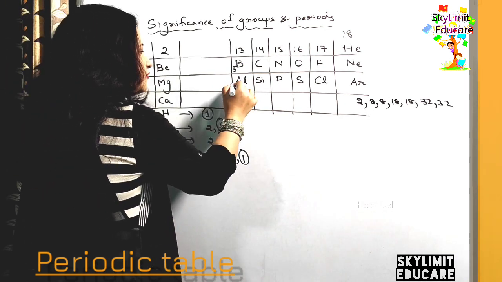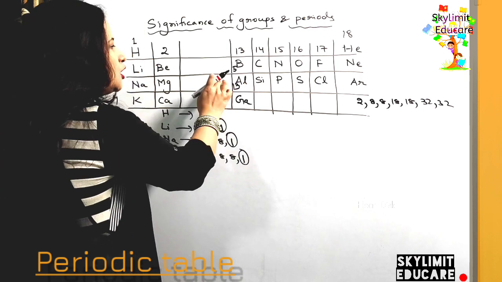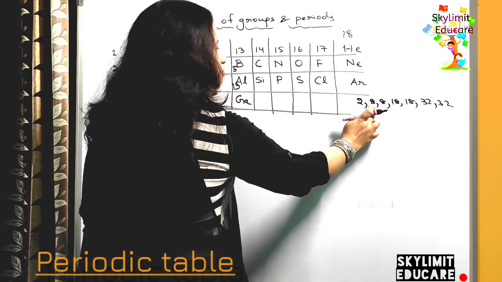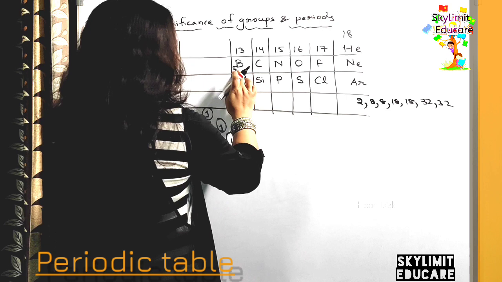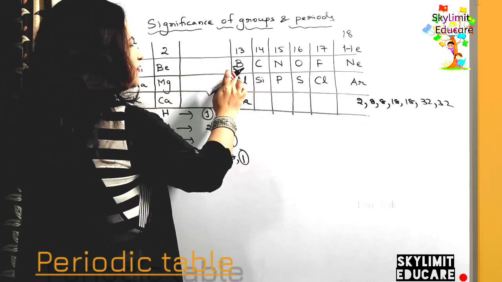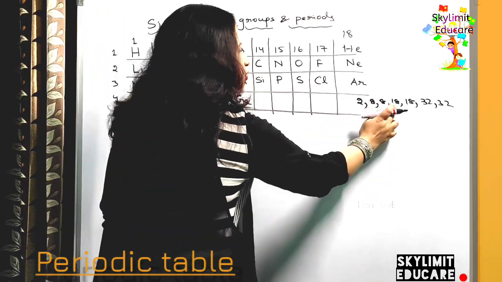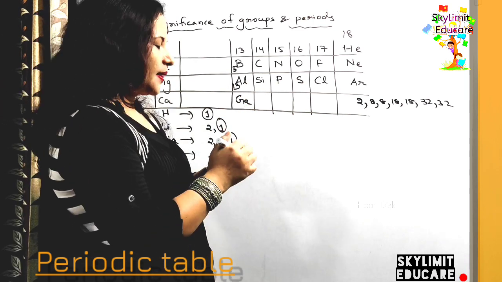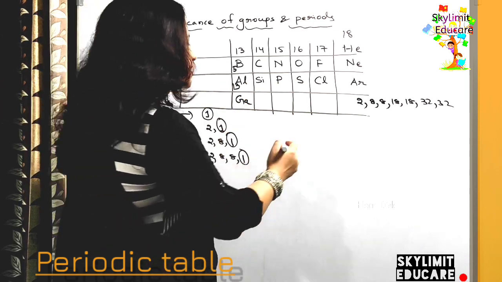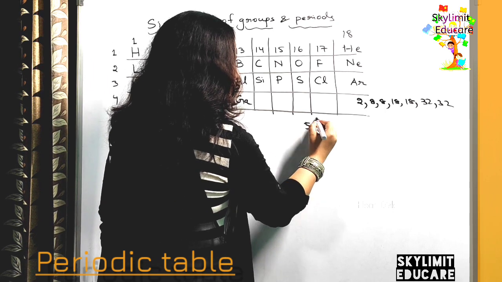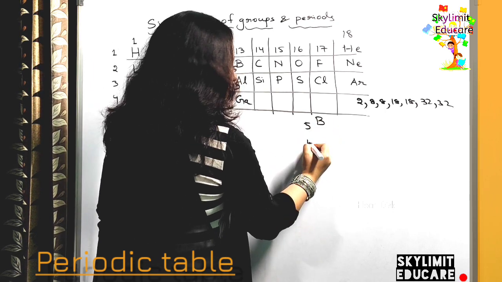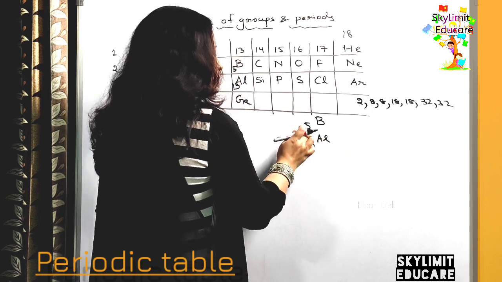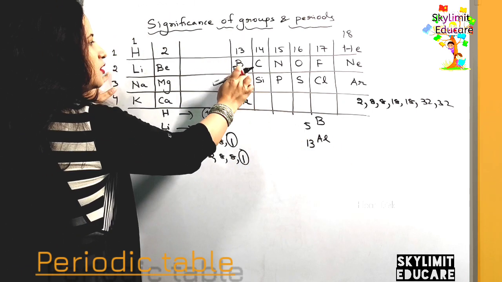And you know the atomic number of aluminium is 13. So you see here, the second period has 8 elements. Now you are going to add the next 8 to this 5 to get 13. Next you are going to add 18 to 13 to get the atomic number of gallium. Just see, boron is 5. But boron belongs to which period? It belongs to the second period.